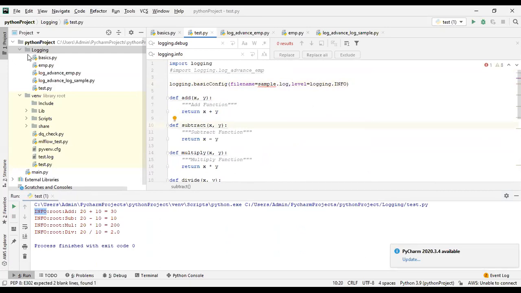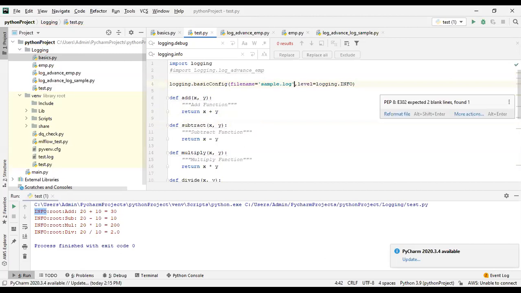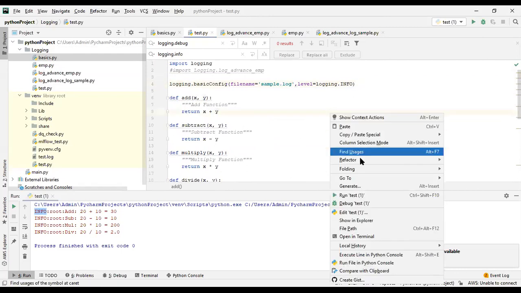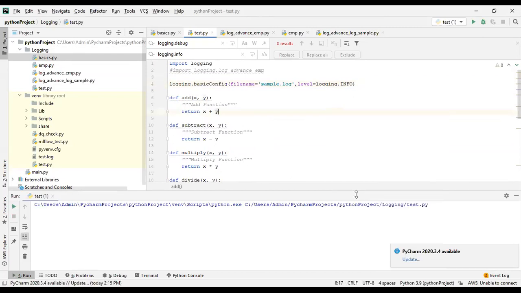You can see there is no file here under this folder, but this will create a file inside it. I hope you are able to see my screen, everyone. Is it visible? Yes, Girish, it is visible. Okay, thank you so much.